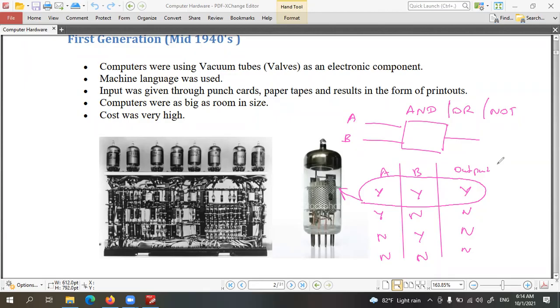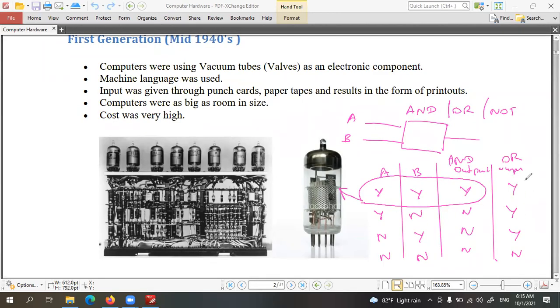Again, that is AND. If it is OR, then the output will be yes, yes, yes, and no. So the logic in the OR gate is that if any input is yes, the output will be yes.